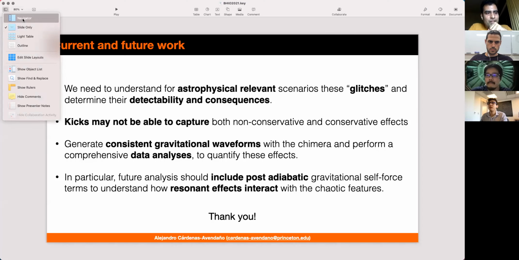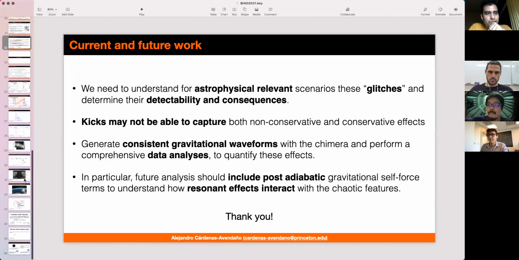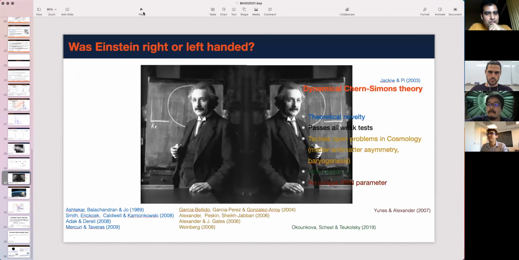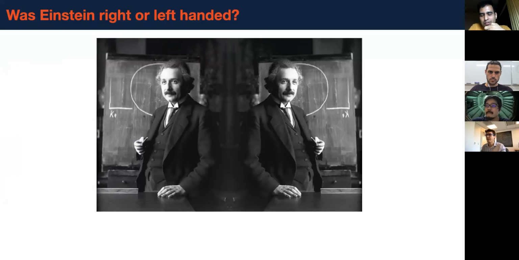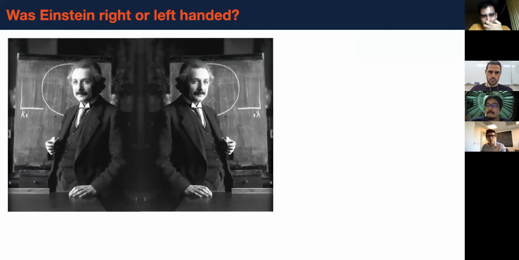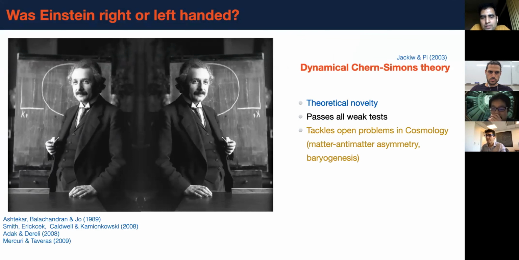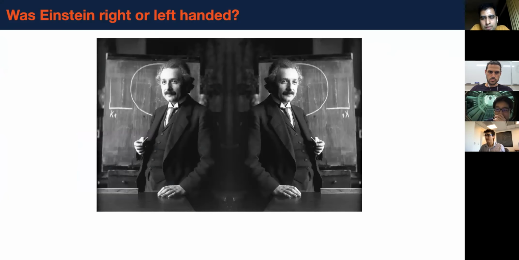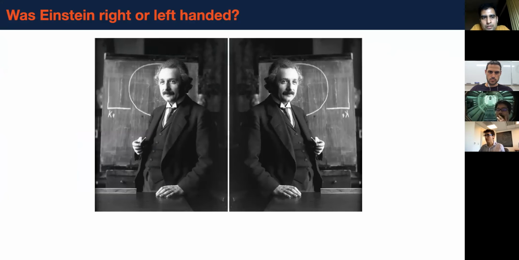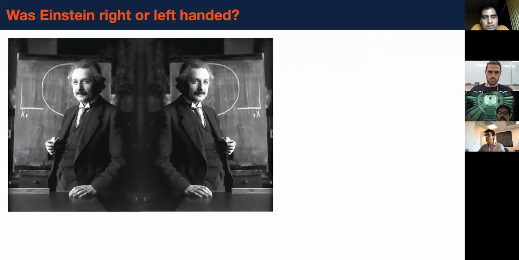Okay, that was just an example, and the point, let me put this reference, is that when you have a theory of gravity, you can ask whether the solution is parity violating. You can actually study this through dynamical Chern-Simons, and the idea is that this solution has many nice terms. I just want to show this one, and I have listed it.